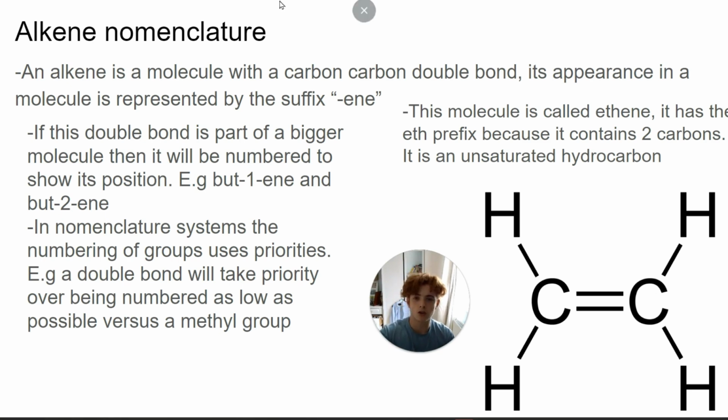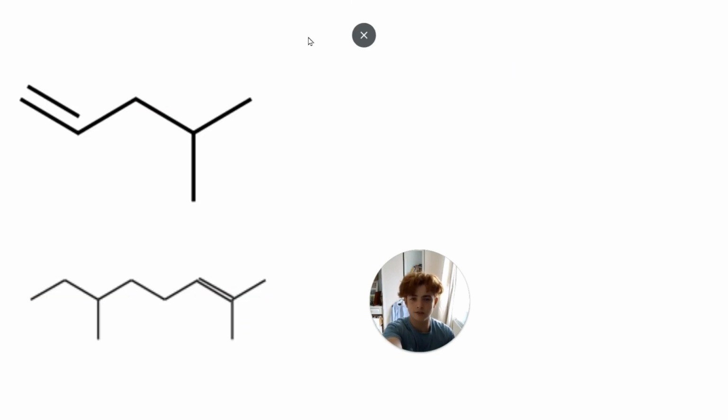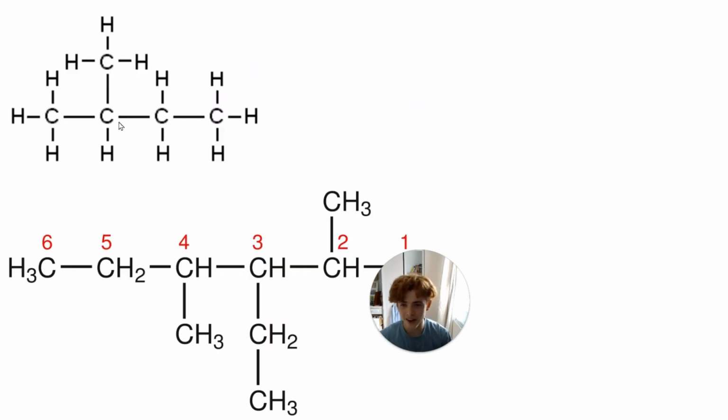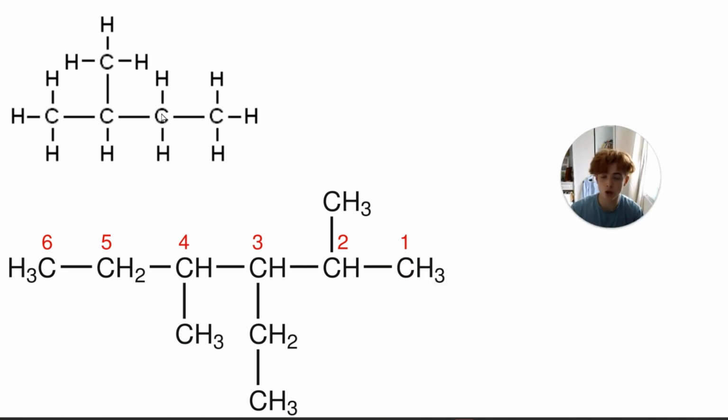This double bond, for instance, could be part of a bigger molecule. Say you've got the molecules on the other slide. Let me see if I can go back. Nope, that's the wrong slide. Let's try go back. Yeah, imagine you had a double bond. Let me draw it out. Maybe it would be good if it actually stayed this time. If you imagine this, that's a double bond. Just imagine that, even if it disappears, that is a double bond. That is going to be but-2-ene,